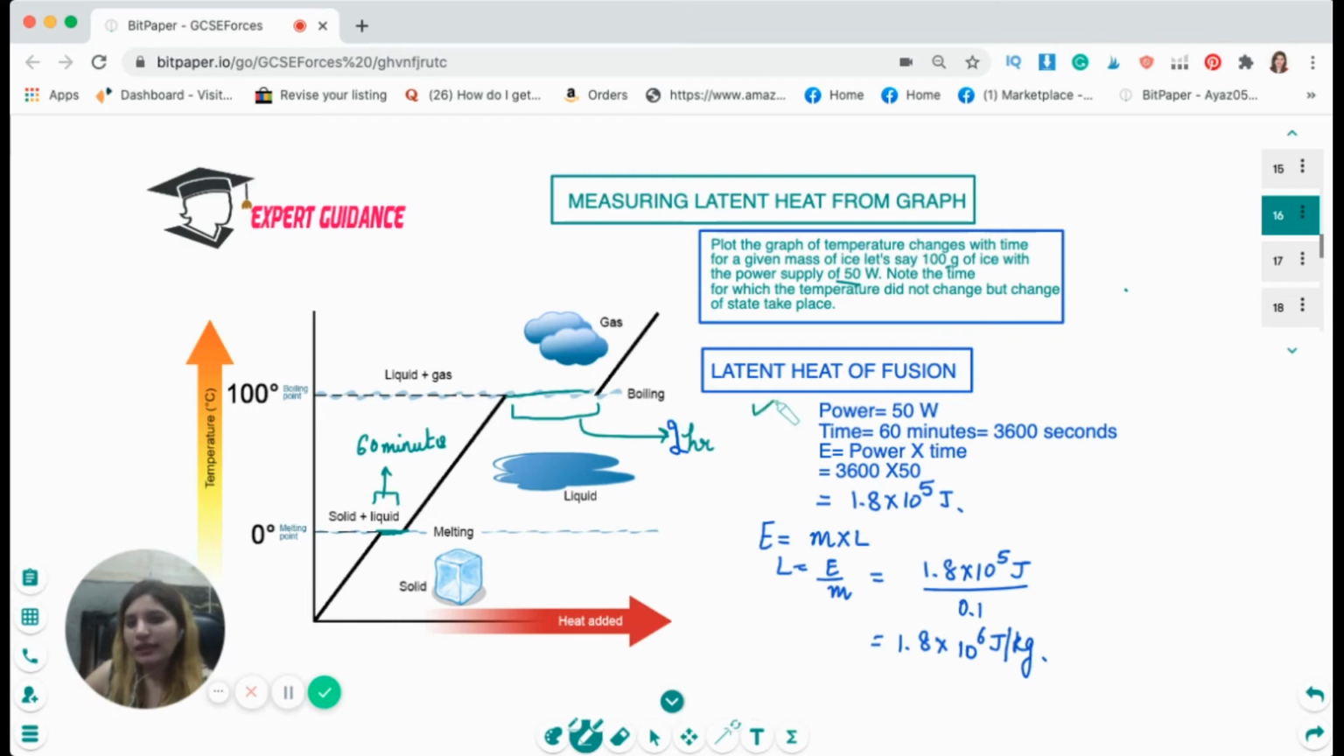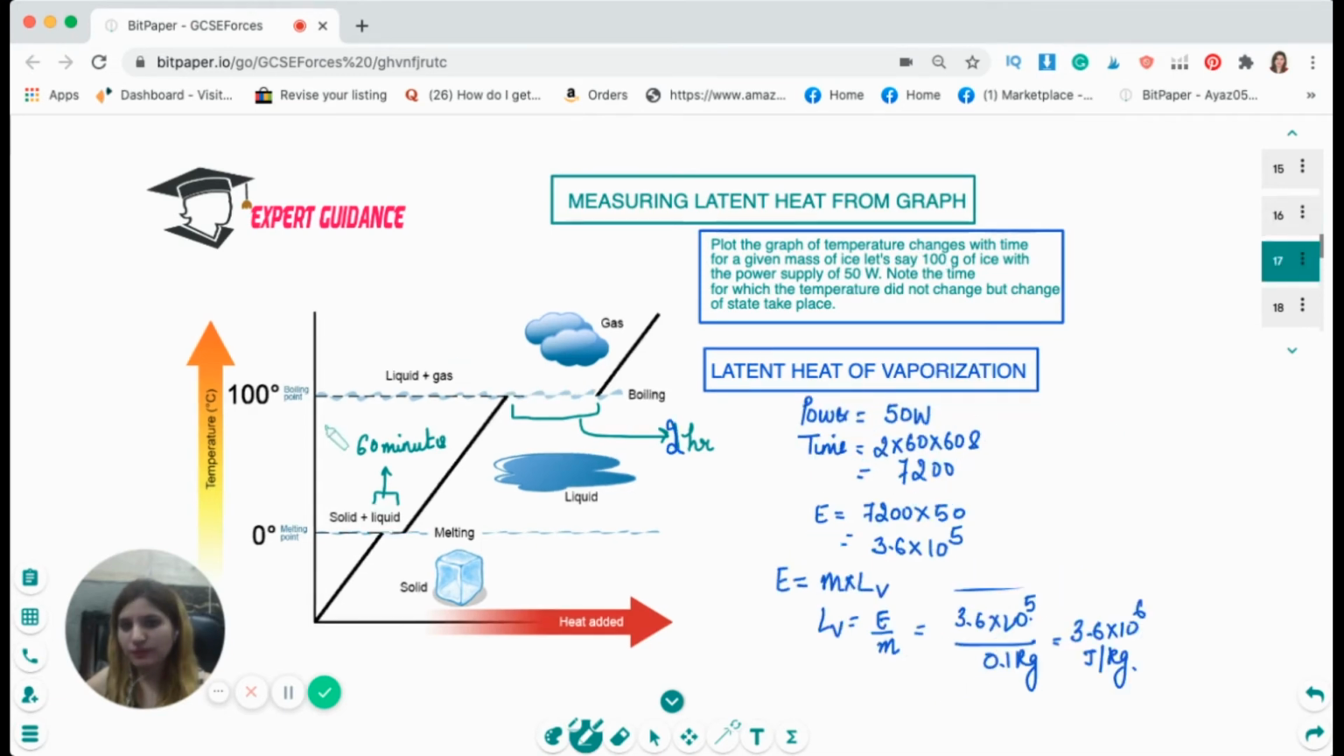Now, how do we work out the latent heat of fusion? Now, we know power is 50 watts. Time is 60 minutes. When we are talking about melting, it takes 60 minutes to melt, which is 3,600 seconds. So energy is 3,600 times 50, which is 1.8 times 10^5 joules of energy transferred in that time. Now, energy is m times the latent heat. The latent heat is energy divided by mass. So 1.8 times 10^5 divided by 0.1 gives 1.8 times 10^6 joules per kilogram